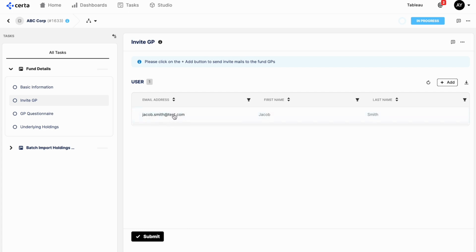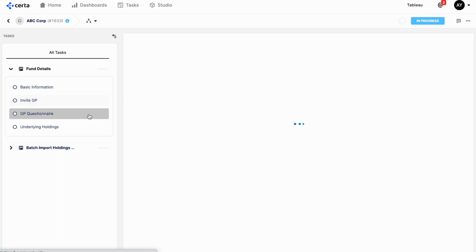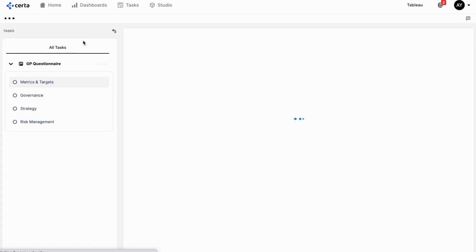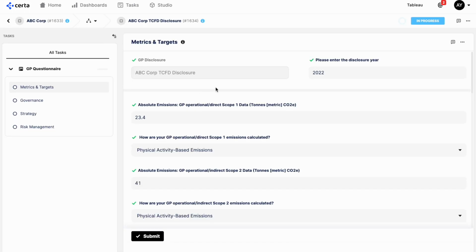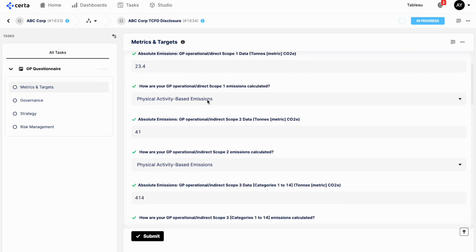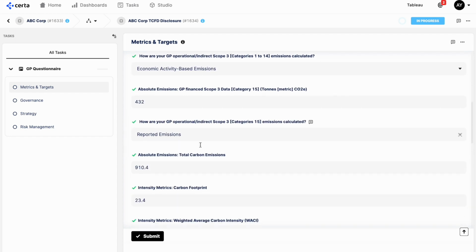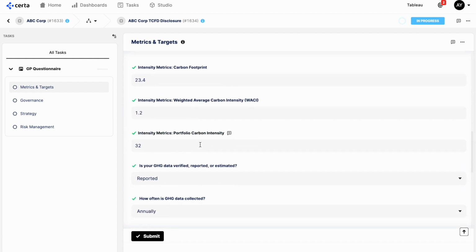Once a user has been invited on the GP side, the invited individual can log in via the mail and then create a self-disclosure for TCFD. The GP point of contact can simply click on add and this would create a record. The GP can then fill out the basic fields like the disclosure year, the scope 1 emissions, the approach to calculate scope 1 emissions, scope 2 emissions, total emissions, and a bunch of other fields pertaining to